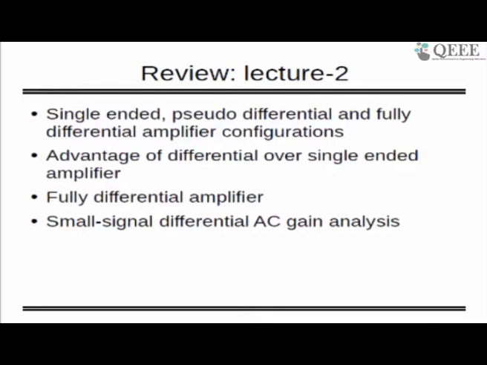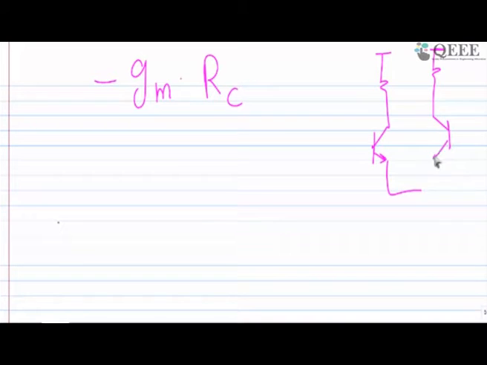And for that, we tried to find out the small signal differential AC gain analysis, and we found out that the gain coming from our circuit was minus GM times RC for this circuit. And one more important thing we have learned for this one,